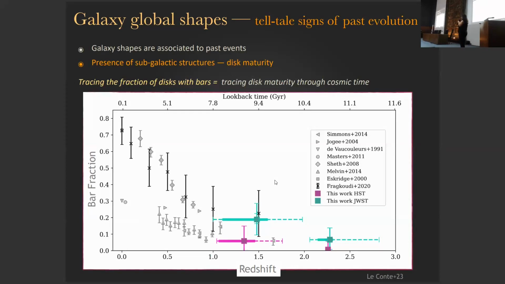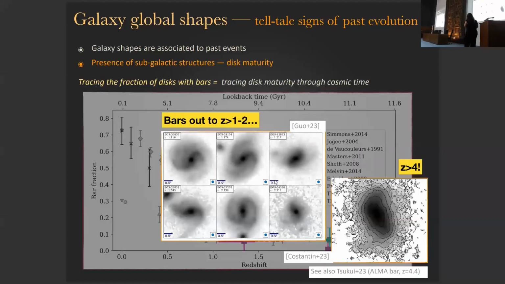So this work has been pushed forward and has continued on, especially with new work. This paper from Zoe Leconte just came to the archive. It was submitted, and it'll probably soon be accepted. But this is looking at the bar fraction extending out to higher redshift, because with JWST, we're starting to see bars at much higher redshift. So these are a few. This was a paper from Guo, and this paper just came out in Nature a couple of weeks ago, with here